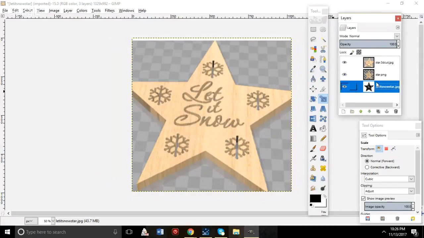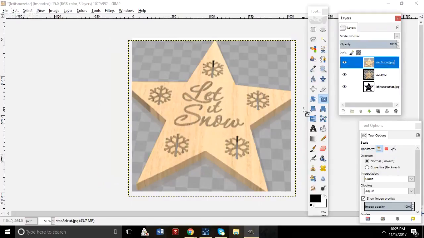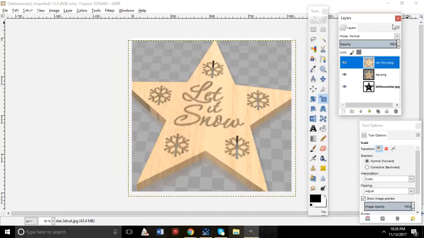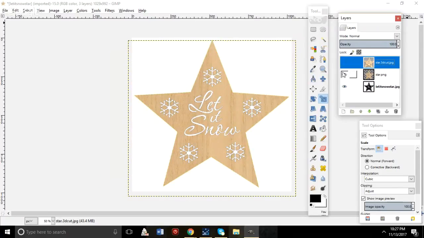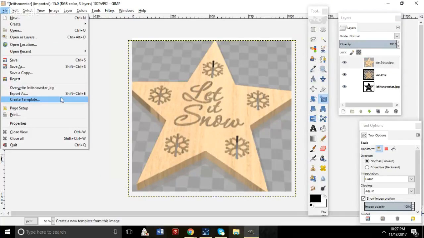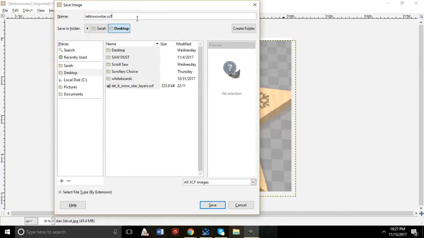All right. So basically, now this is going to be saved as layers. So when I open this, I have this 3D cut. This one, I have what it might look like with the wood, and then I have the pattern. Now if I save this as a .xcf file, as I told you earlier, all those will save as layers right where they're at. So when I go save as, right here, I'll just name this